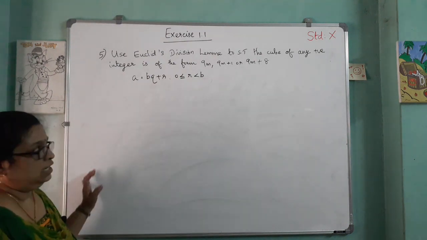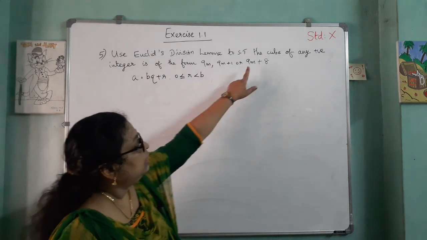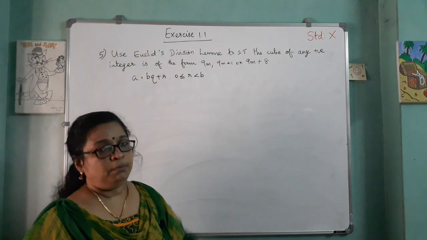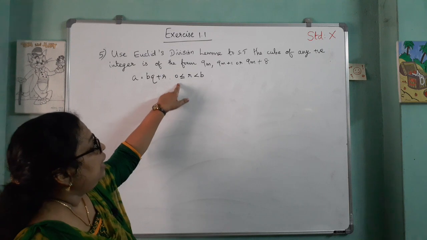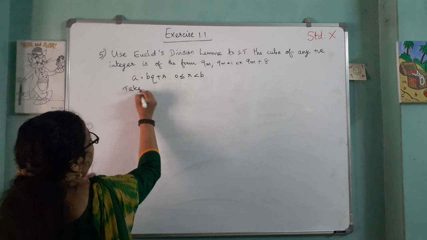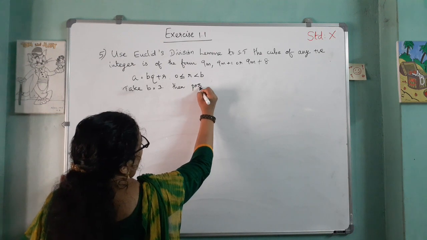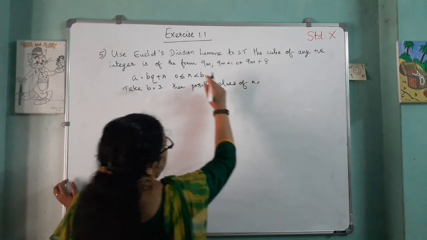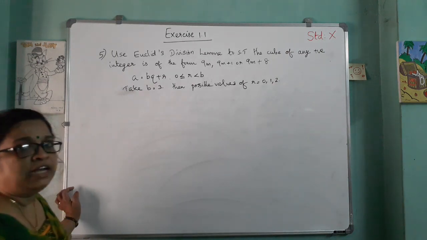This is Euclid's division lemma. So this is of the form 9m plus 1, that is bq plus r; 9m plus 8, bq plus r; 9m, here 9m means 9m plus 0, that also is bq plus r. So these all are of the form bq plus r. And if we take any positive integer, then take b equal to 3, then the possible values of r, that is r is less than b, so 0, 1, 2 are the possible values of r.